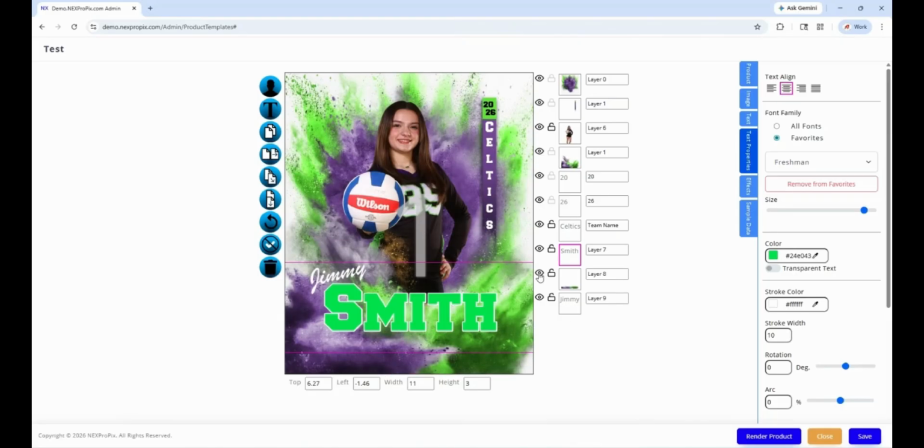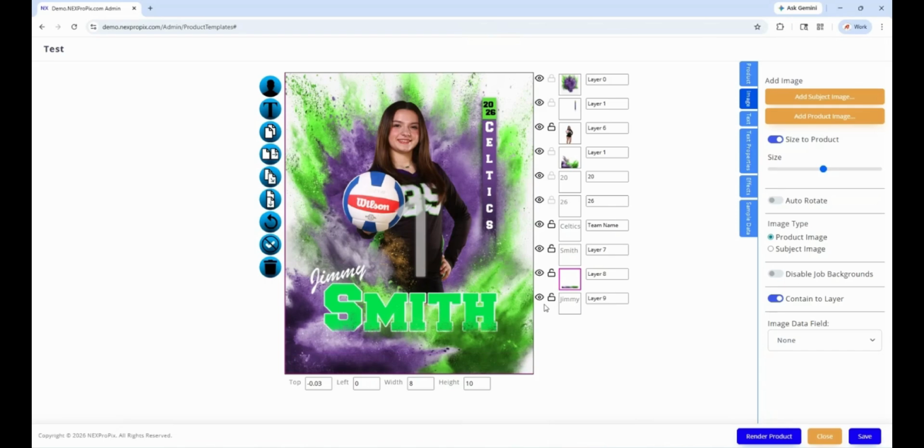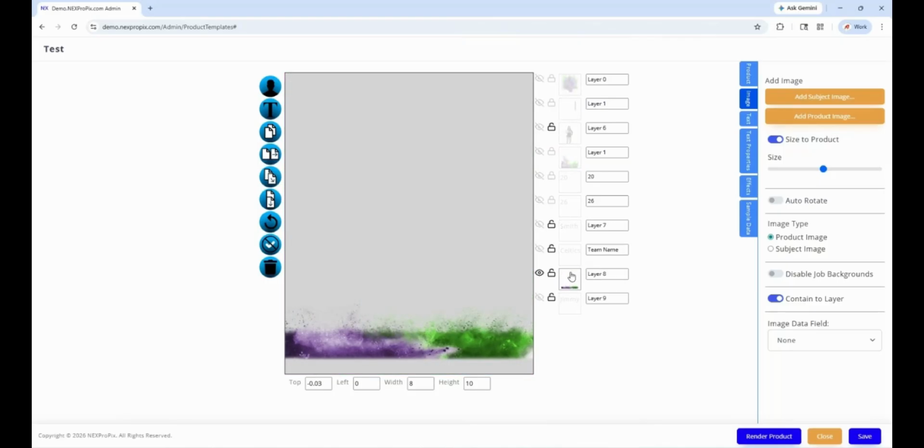And now what you'll see down here is what we did was we added an overlay over top of our text. So, you want those Photoshop looks where it's got the sparkles and specks and everything else like that. We can add that in here, but what you have to do is you have to build it on its own layer. So if I turn all these other layers off, you're going to see that's my above the text layer. So when I turn on the text, it's just kind of lightly crossing over it. And it gives you that effect like Photoshop, but then it allows the parents to still change the name